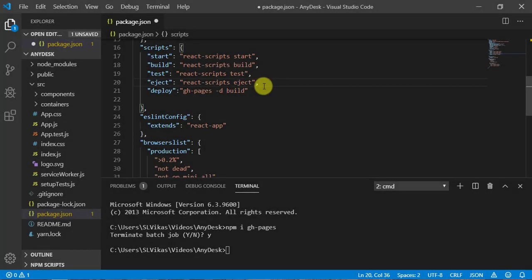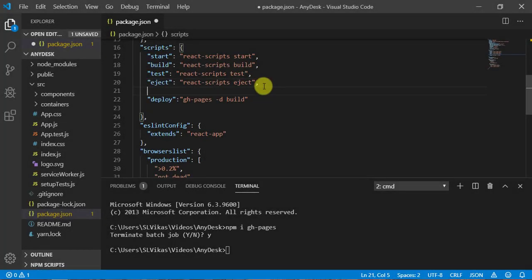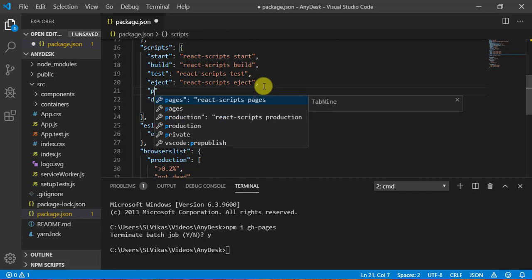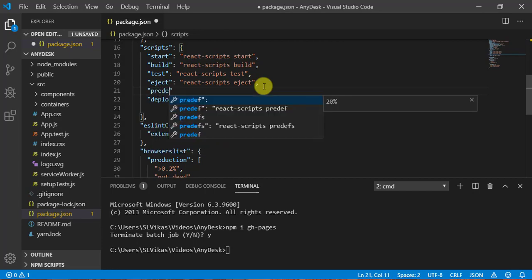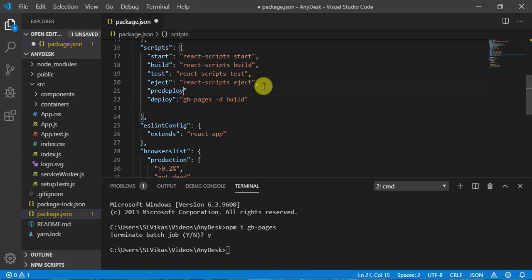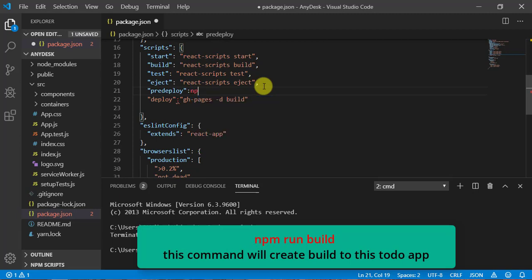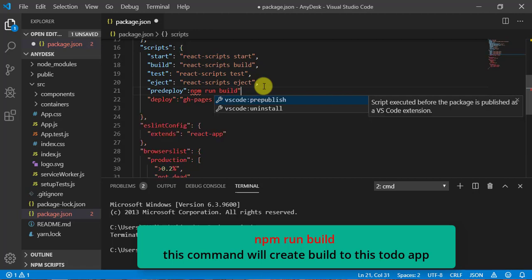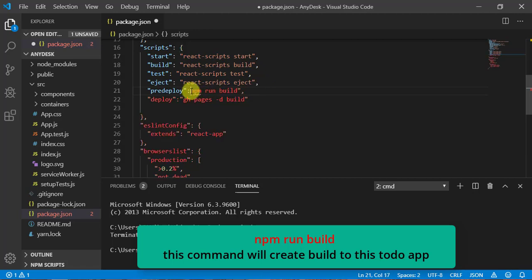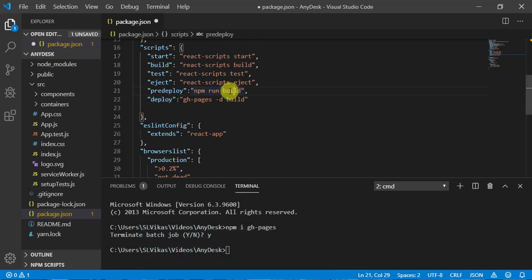Now before deploying we are going to create a build, so for that we need to write predeploy, and here I need to write npm run build in double quotes. What is the meaning of this? Before deploying, if I am trying to deploy, it will create a build. I will get a build folder, and it will deploy that folder to GitHub.